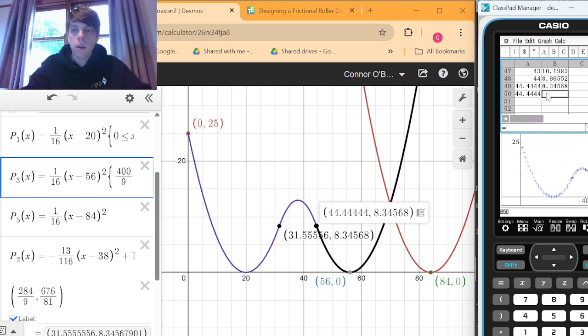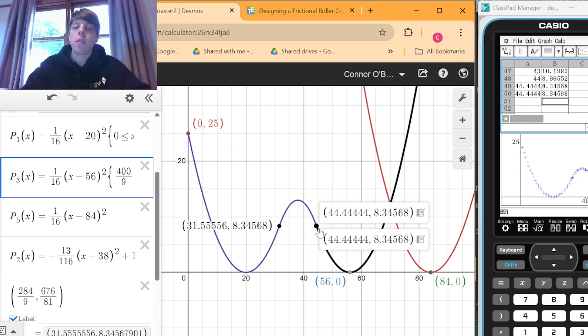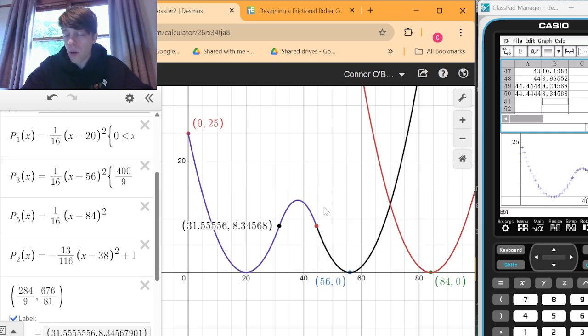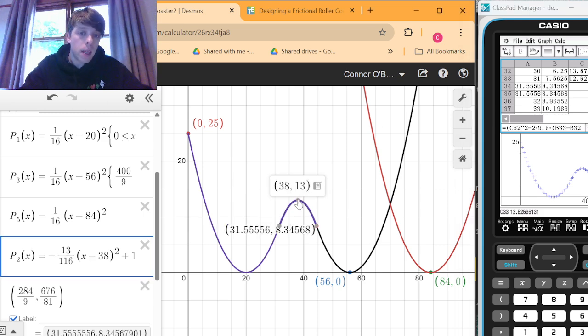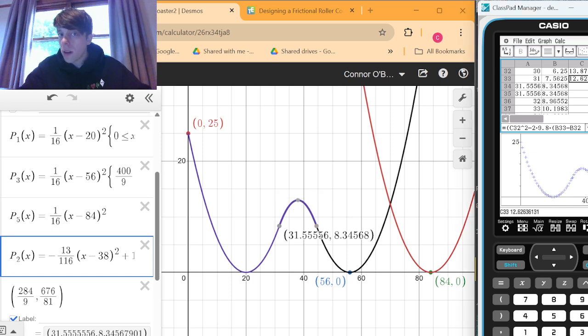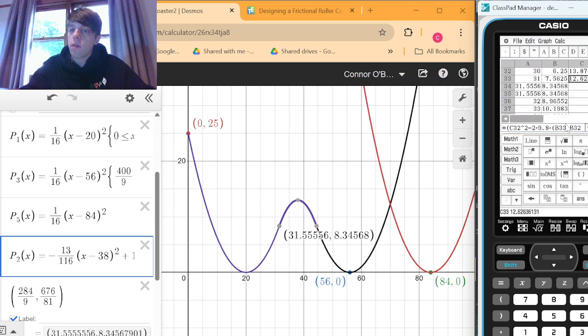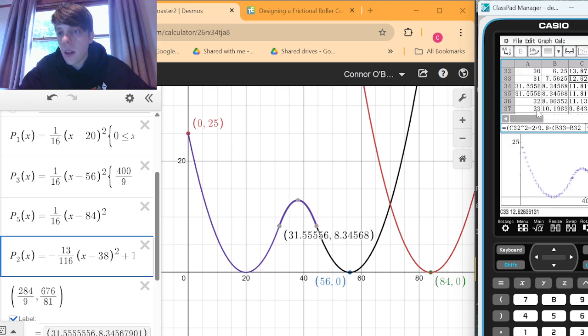Just confirm that if I was to type that into parabola 3 with an input of 400 over 9, we get the same y value, which does line up with the fact that that point is a tangency point between those two parabolas. All right, so we're interested now in what's the velocity at the maximum here. We've already defined the equation that we're using, so we can just go edit, fill range on column C, go all the way up to C50, hit OK,